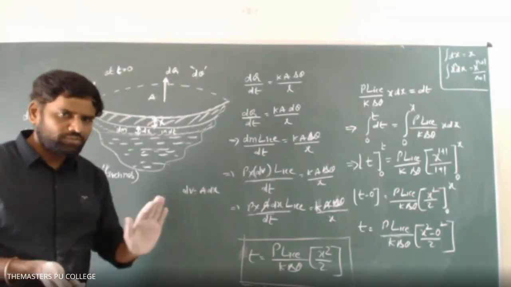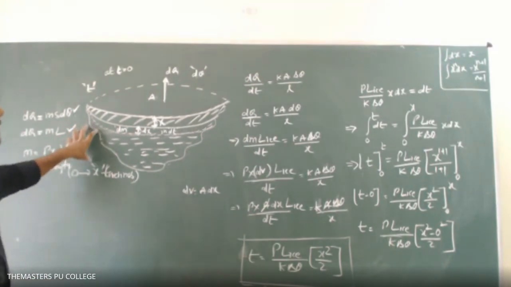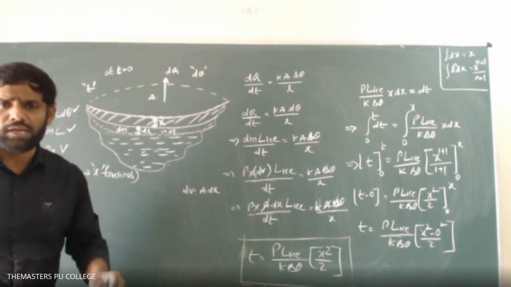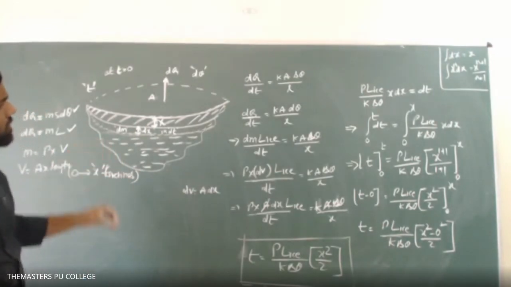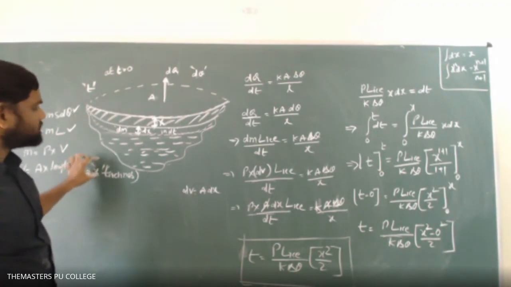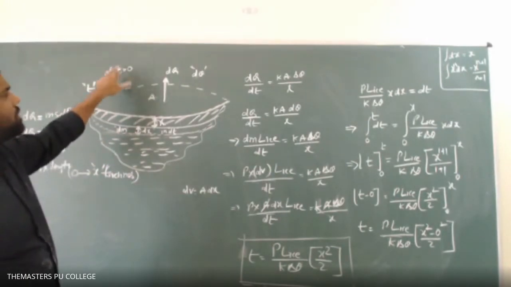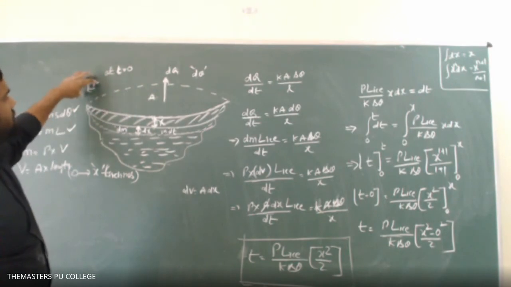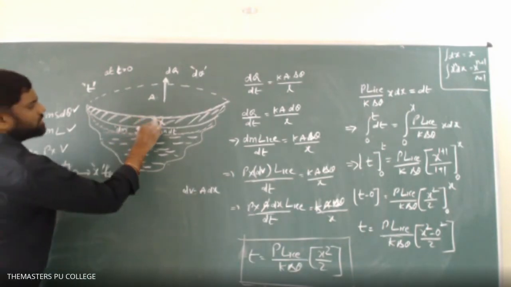So students, before going to write, just have a look at what we have studied. In anomalous expansion, we have studied how the anomalous expansion is useful for aquatic animals, how the water will be there under the ice layer, and all that. Now we are going to calculate the time taken to grow an ice layer from 0 to x thickness, x naught you can say, some y, z also no problem. At t equals 0, the ice starts freezing on the surface of water. After a small instant of time, at t seconds, we notice that the thickness of the ice layer is x.